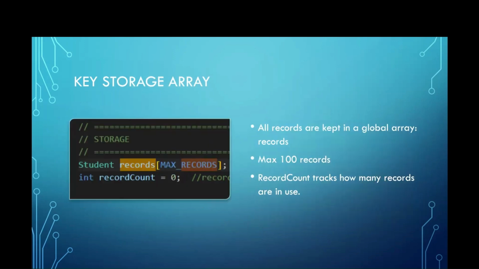For key storage arrays, all the student records are kept in a global array called records, which can hold up to 100 students, set by MAX_RECORDS. Together with an integer record count, as we can see from the bottom, it tracks how many slots are currently being used. So now I'll be passing my time on to Patrick and Darius, who will be giving us the